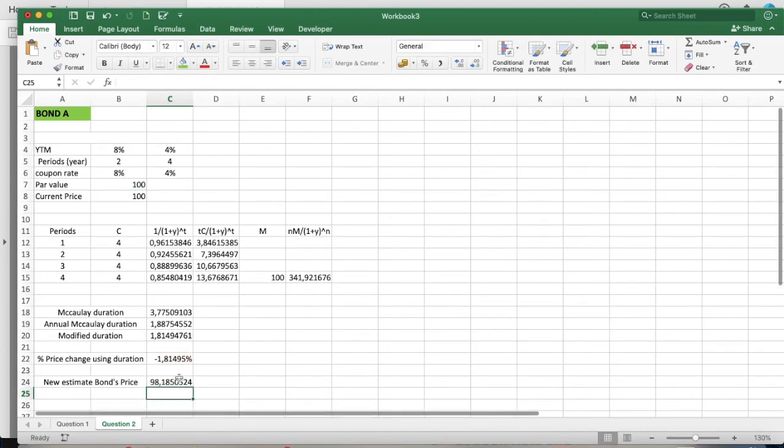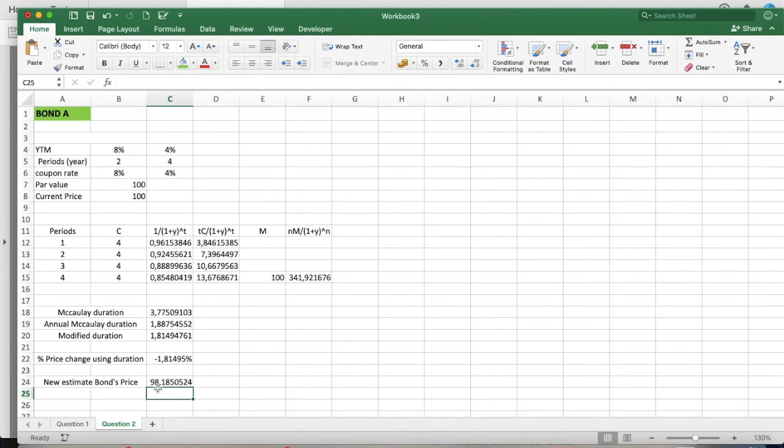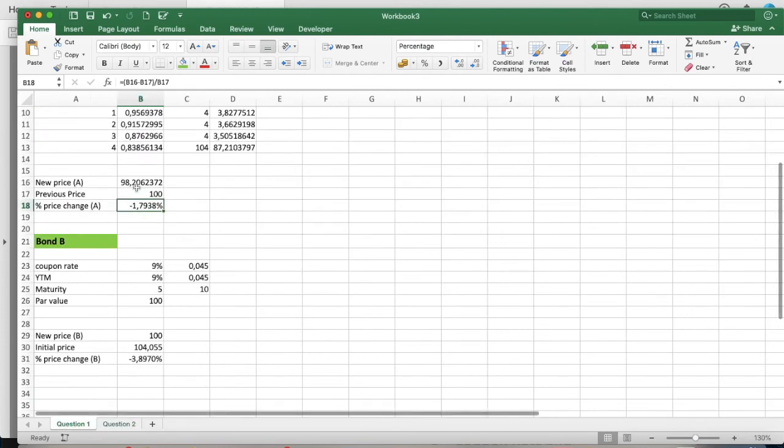So this is the estimated new price, 98.185. While using the present value technique, we find that the new price was equal to